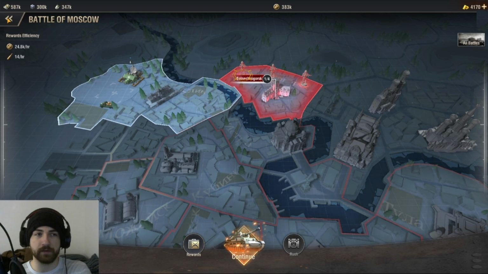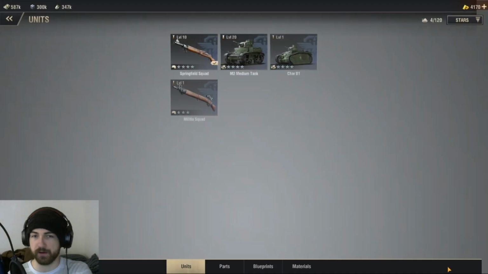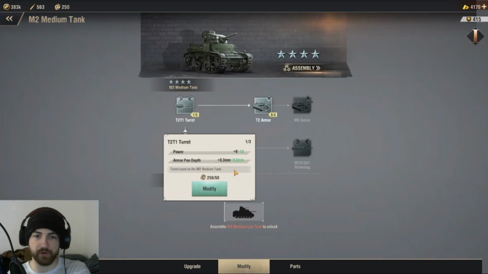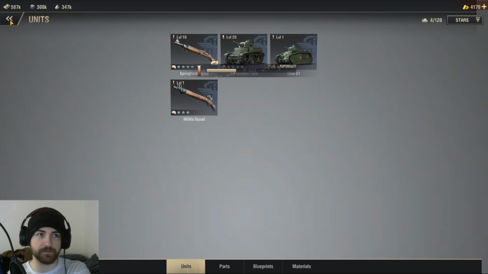If you're having trouble completing a mission on the campaign, of course, level up your units. Give them additional parts if you have them. Modify them using components. And don't feel wary to upgrade your units, use your components, use your parts and all of that,